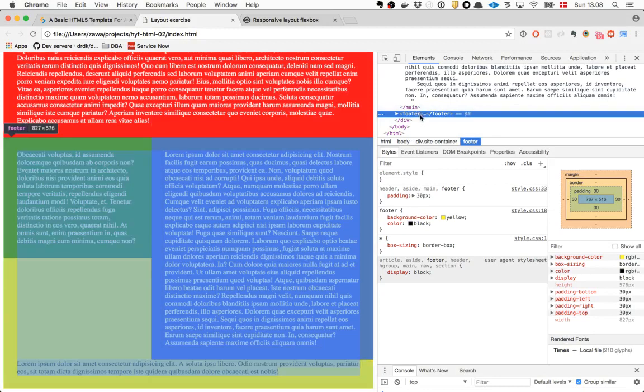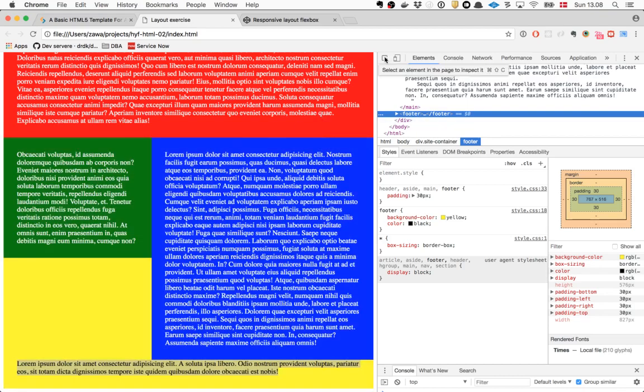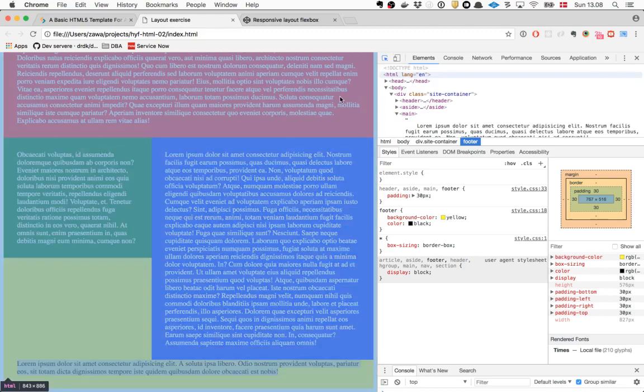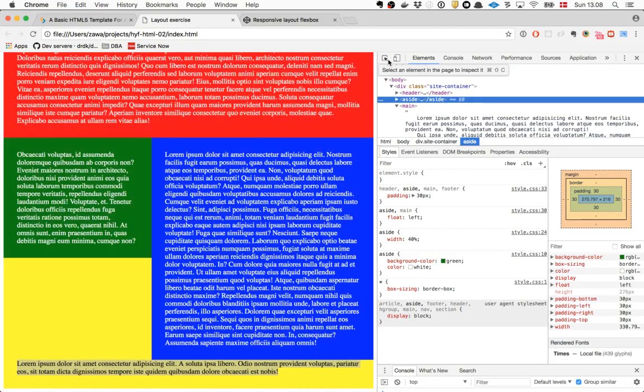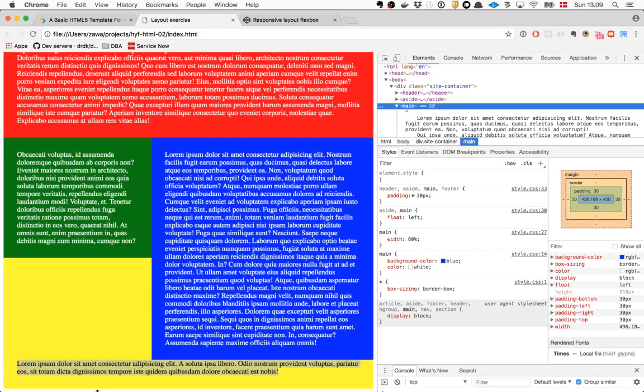So apparently our footer is sitting right under the red stuff. But how does that happen? Why does that happen? The floating is not here. So the problem is whenever you take something and you float it, you take it out of the document flow. So what does that mean? That means that the browser does not know how large this one is and how large this one is, so it doesn't really know how to put things underneath. It does know with the text here, but it can't really tell.